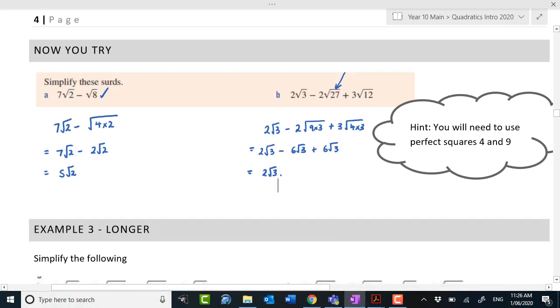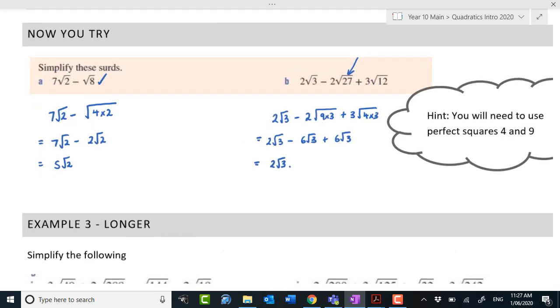Alright, so the one on the left-hand side, we're looking at the square root of 8 is root 4 times 2. Square root of 4 is 2, so bring that up front. And then we've got 7 root 2 take away 2 root 2 is 5 root 2. The one on the right,